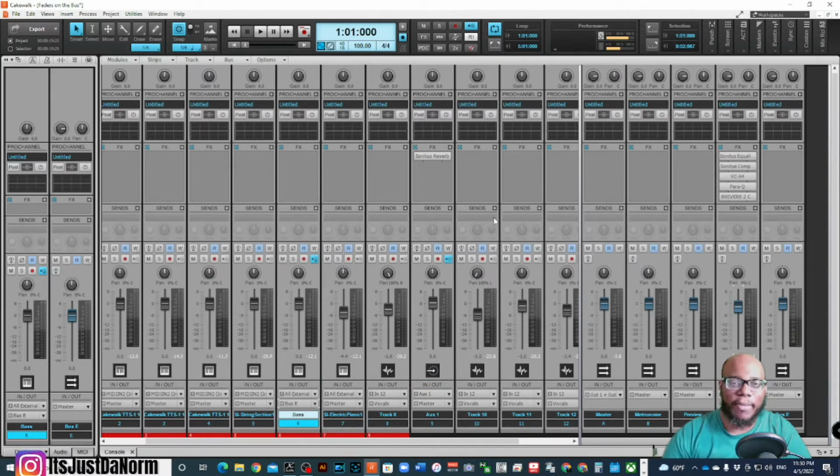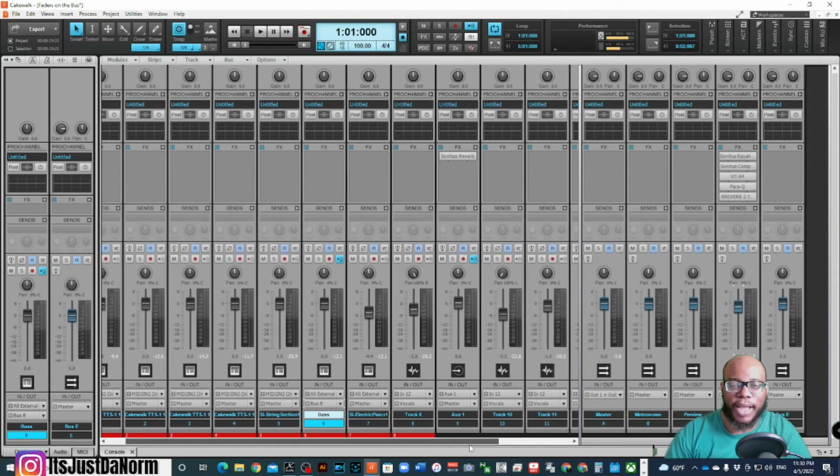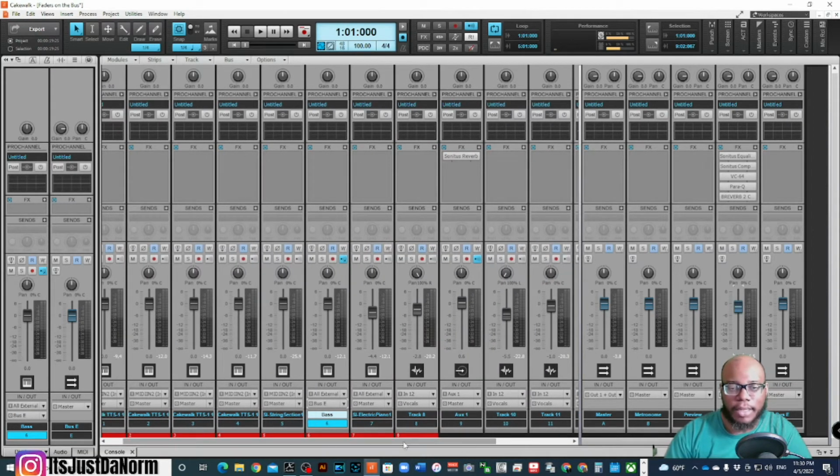Why is this helpful? Well, in this song, I have how many tracks? 13 tracks. Okay, I'm using 13 tracks right now, which isn't that many. Actually, one of these tracks doesn't belong, so it's 12 tracks, which is a decent size for a session. But you may be working on a project where you may have 30 or 40 or 50 tracks. And if you have that many tracks, well, then you definitely need to use sends,